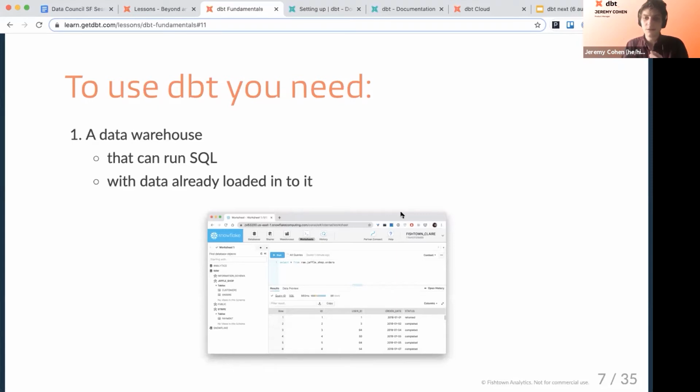Now, Postgres, Snowflake, BigQuery, Redshift, these are not the 4 databases in the world that can run SQL. They are just the 4 that are defined as core adapters within dbt. We're going to talk much later today about what it looks like to use databases which are not in those core 4. It's totally possible. All you need is a data warehouse that can run SQL and access data using SQL.